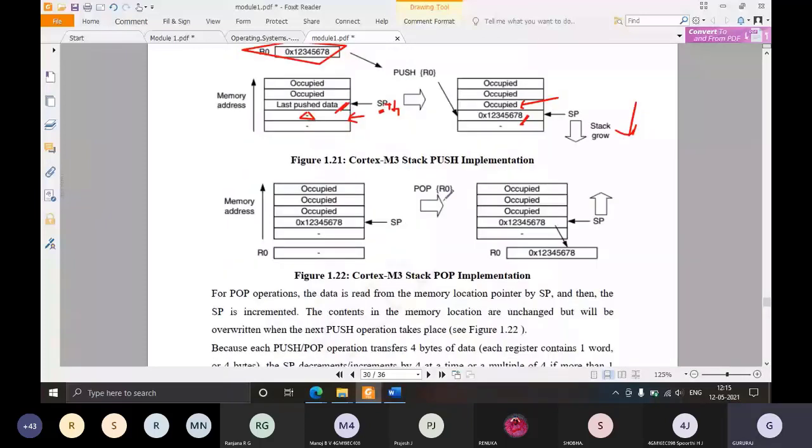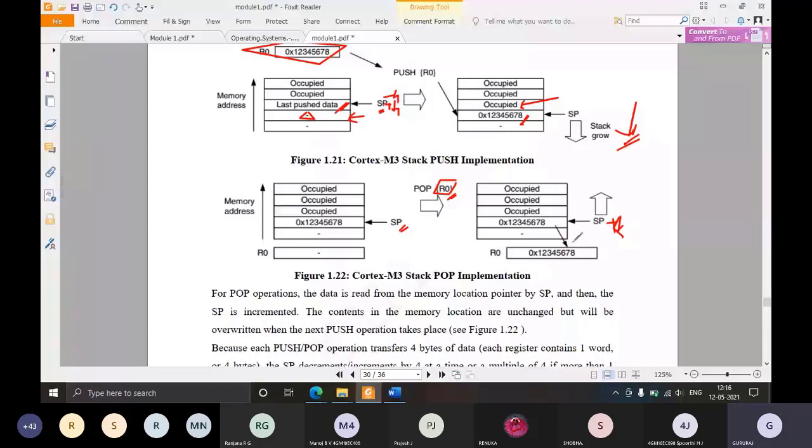Pop R0 means, SP is always pointing to the previously pushed data. So this previously pushed data will be stored to the destination, which is R0 here. After that, SP is incremented by 4. Whenever it is pushed, it is minus 4, because it is a decrementing stack. Push means SP minus 4 first and then store.